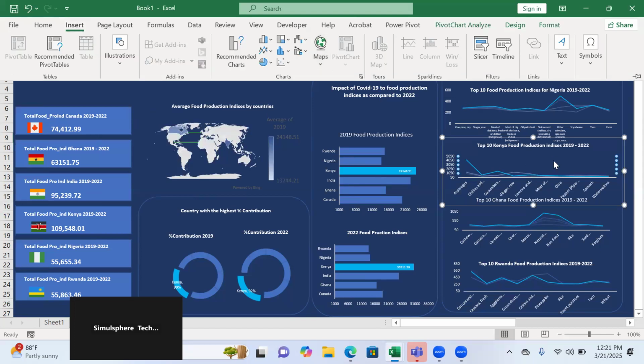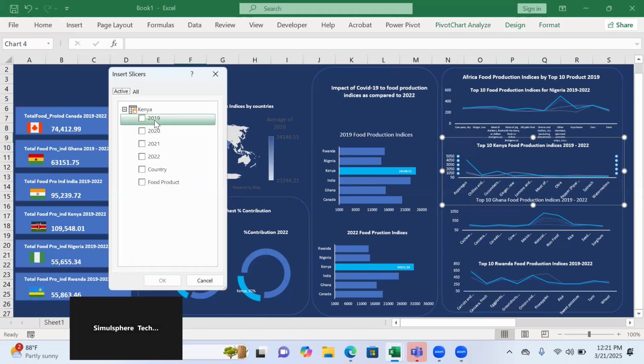So I'll click on any of the line charts and go to insert. I'll select slicer, and then I would like to select countries. Okay, I would like to select countries and click OK. I would have loved to select food product, but it's a lot. It's a lot, about 10. Okay, but